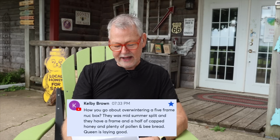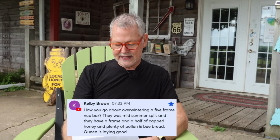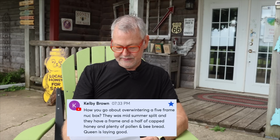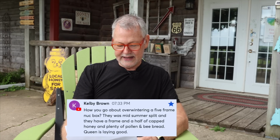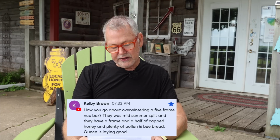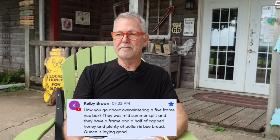Kelby, how do you go about overwintering a 5-frame nuc box? They were a midsummer split, and they have a frame and a half of capped honey and plenty of pollen and bee bread. Queen is laying good. Kelby, I don't know where you live, but if you live in a very cold climate, such as mine in Illinois, on the prairie,